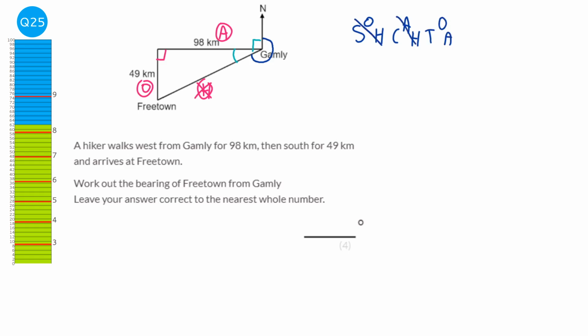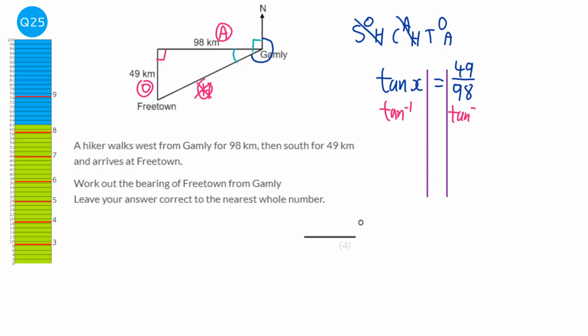And the only one that doesn't have the hypotenuse is TOA, and so we're doing tan X equals the opposite, which is 49 over 98. Get our lines in, and we're going to do the inverse tan to both sides. So we get X equals, and we do inverse tan, which is